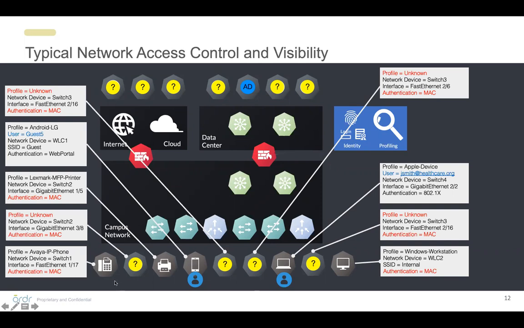When you enable profiling with Cisco ISE, it does a very good job at detecting things like your phones and your printers. It will also tell you that that's an iPad or an Android device, or this is a Mac OS or Windows 7 workstation. In this case, I'm going to highlight this one in the bottom right corner again, because at this level, it shows CP or some other information, but it's still not clear what type of device that is.